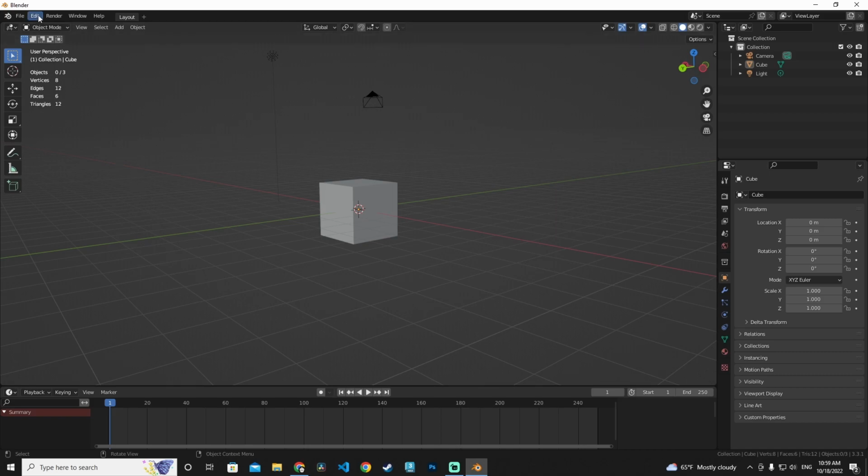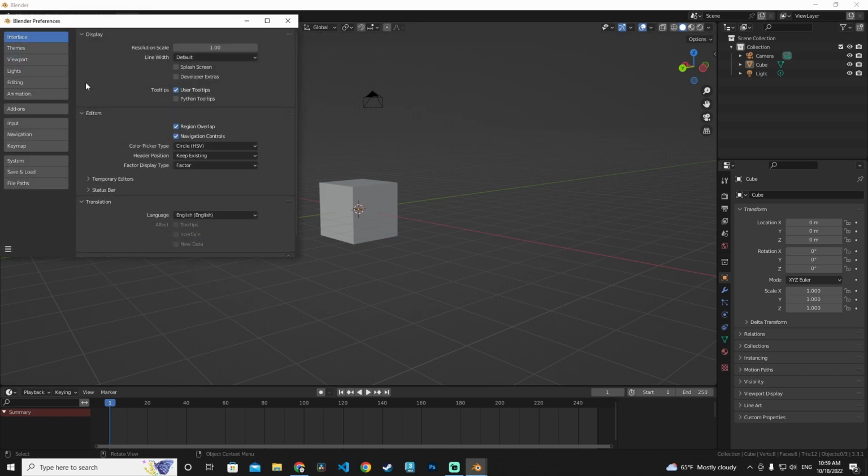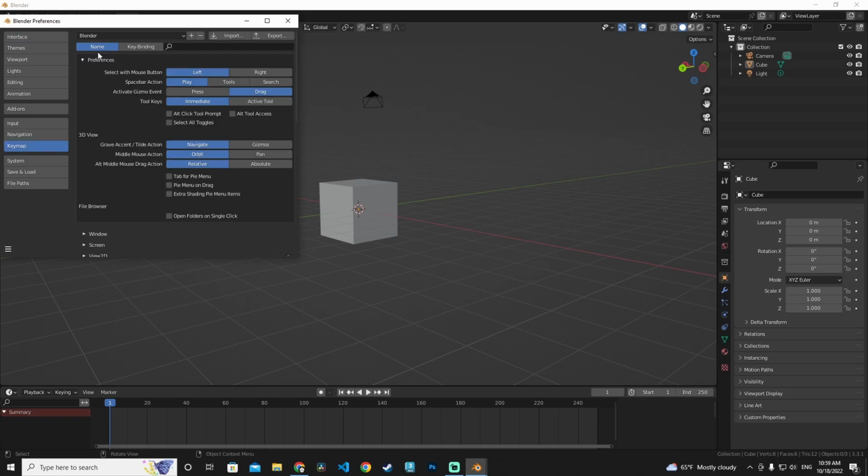Let's change our spacebar action. First of all, go to Edit and Preferences, and these are all of our settings. If I go to Keymap, this is the keyboard mapping system. If I click this, I see so many things in here, but you're going to see the preferences. In preferences, you can see the spacebar action set to play, and I'm going to change it to